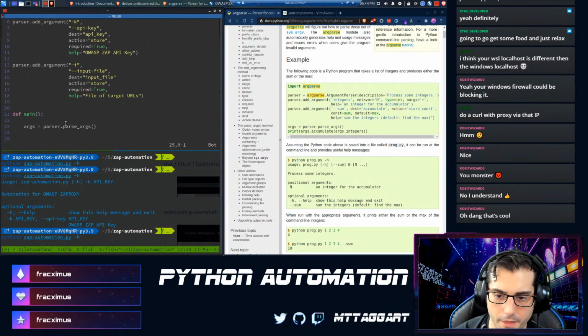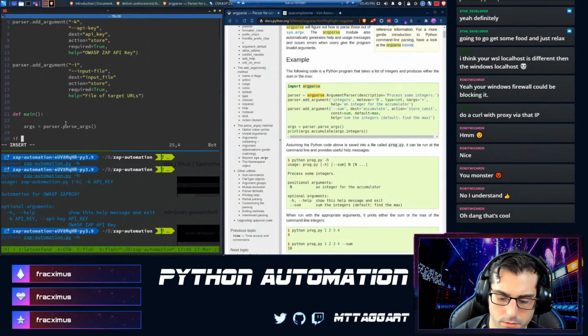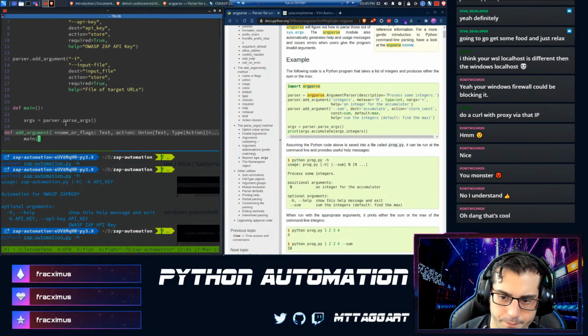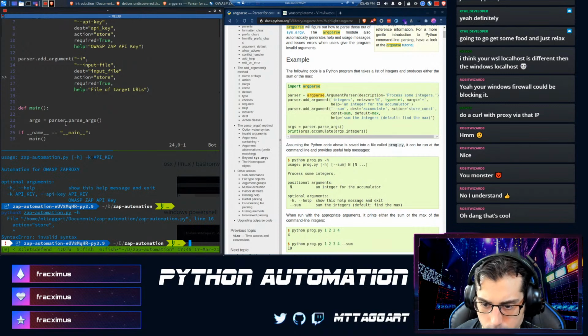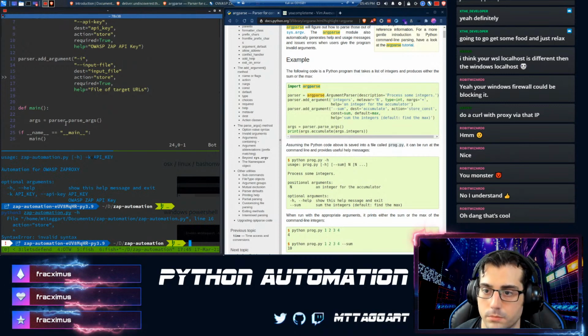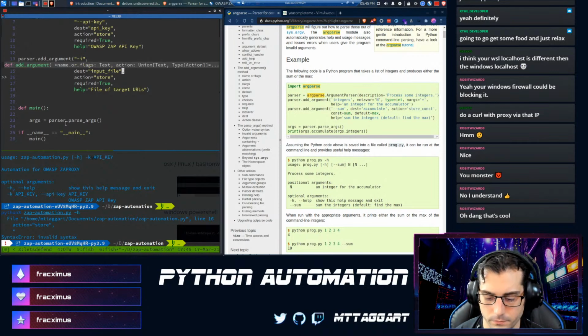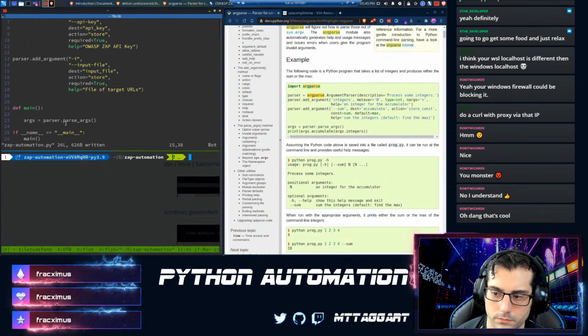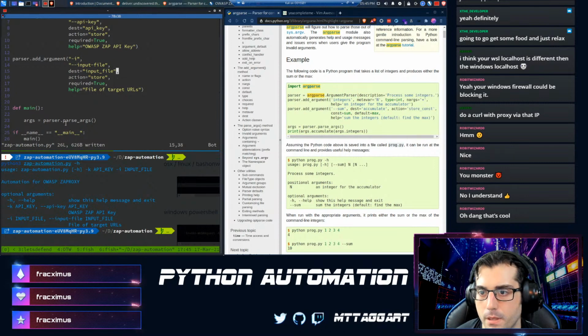And then we'll do that Python thing at the end: if __name__ equals __main__. I forgot a comma. Okay, so that's still working, even though we've refactored it a little bit.